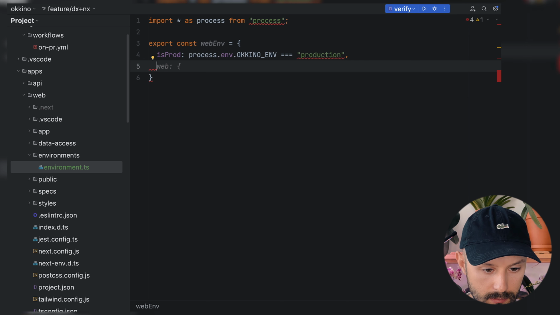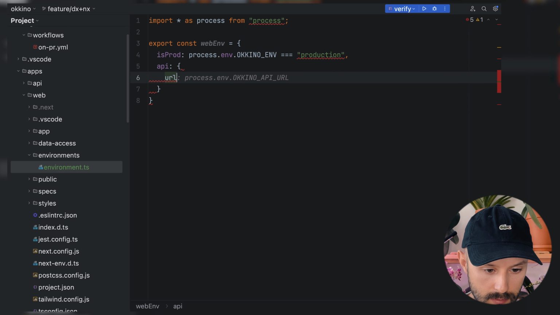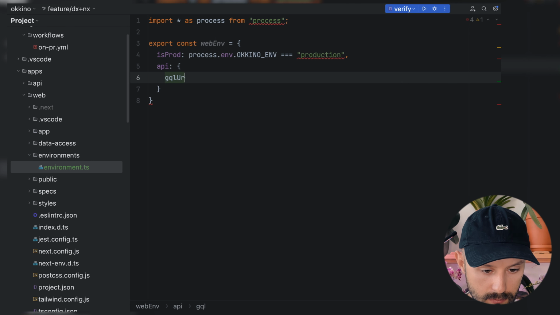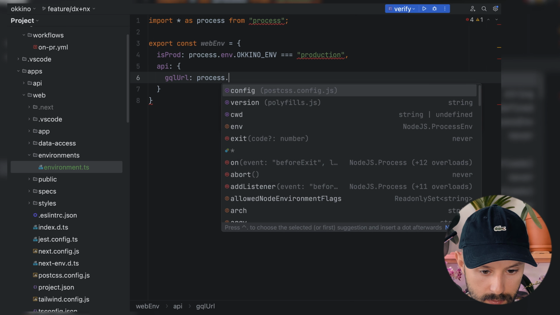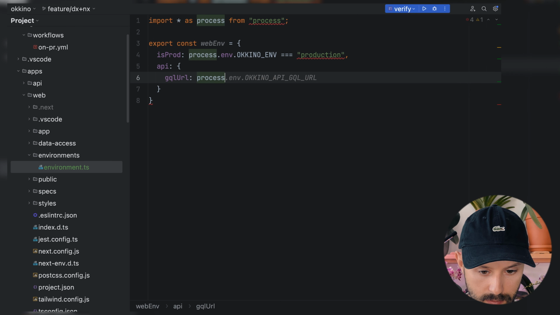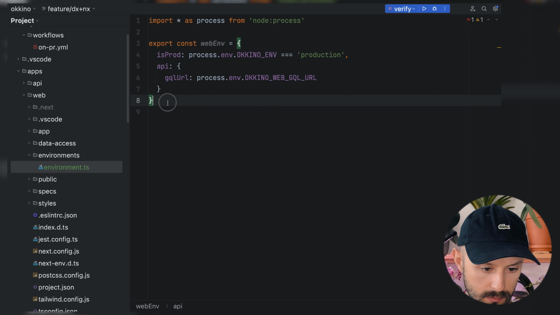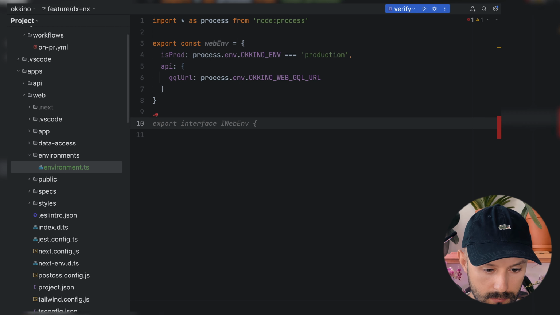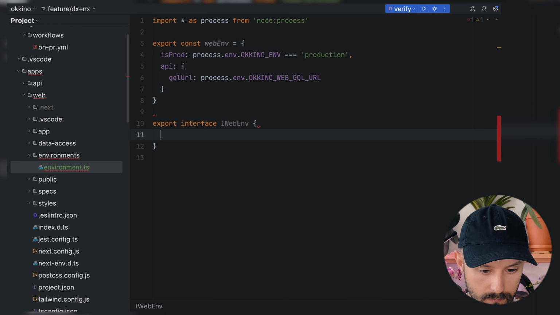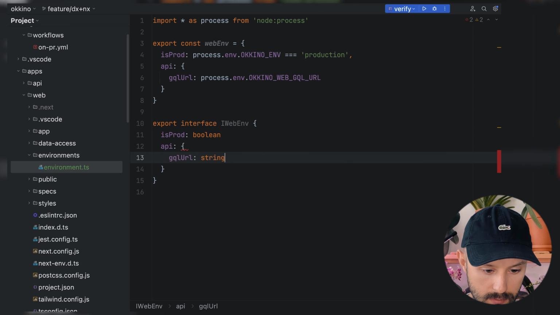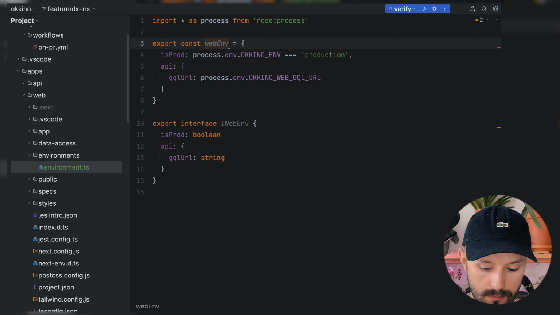Yep. And also API URL, GQL URL, process okino web GQL URL. That's it, I guess. Export interface prod boolean, API GQL URL string. Let's assign interface